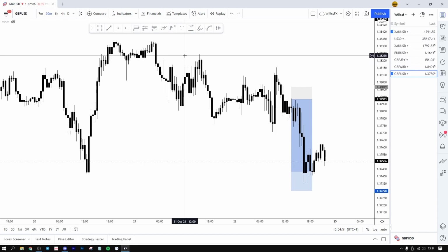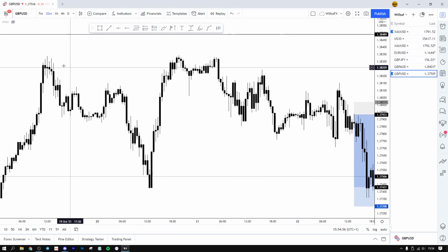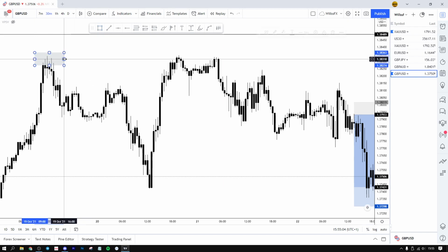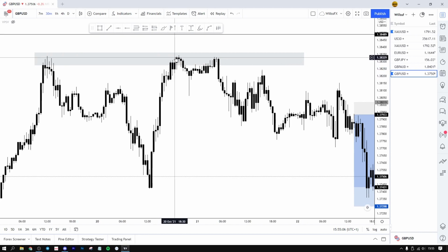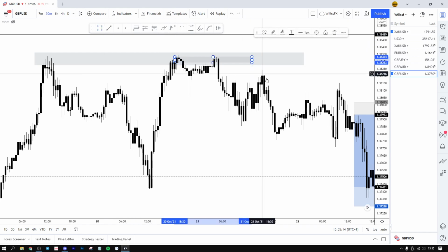so-called support and resistance zones, where price comes down to test multiple times. In this area here, we have a build-up of wicks, and when this happens, price usually comes back to test it. This is what happened. You could say this candle here is the order block, and if we draw that across,